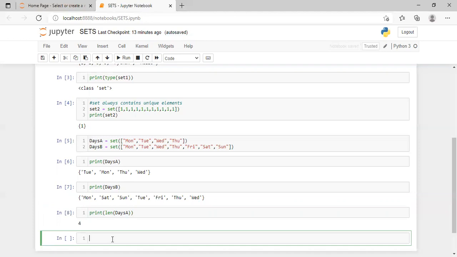Okay. Now moving on to how you can add elements to a set. Let's say in set days A, I have Monday, Tuesday, Wednesday, Thursday. So they are all weekdays, but I'm missing one weekday, that is Friday. So let's say I want to add Friday to my days A set. So you can do